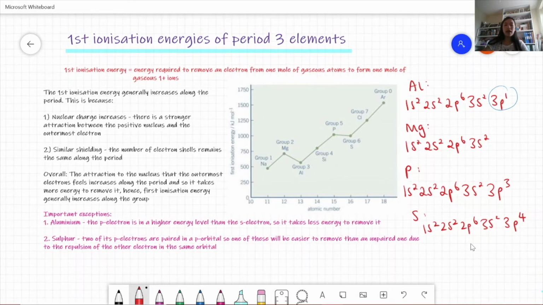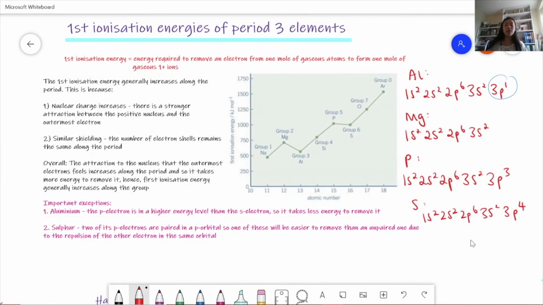But if we draw out the different energy levels on a diagram, it becomes a lot easier to see. So if we have the 1s and then 2s, then we have 2p and 3s and then 3p. I'm drawing this in increasing energy. And so if I fill out for phosphorus, so we've got the 1s2, and then we have 2s2, and then